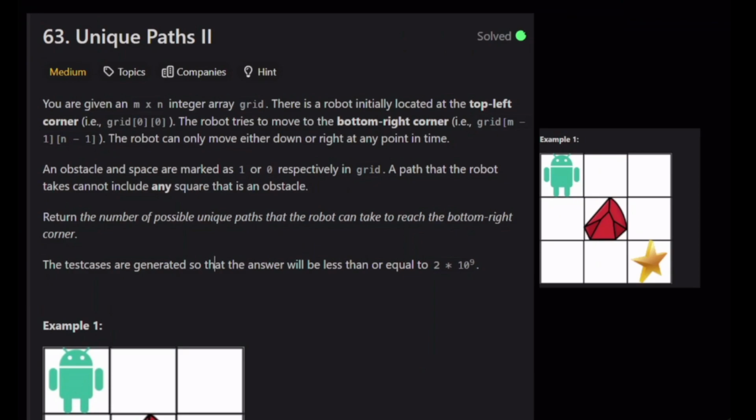And we are also given an obstacle, as shown in the diagram in the middle of the grid, and the robot cannot go towards this square. So our job is to calculate the number of possible unique paths that the robot can take to reach the bottom right corner. So if you look at the given example, the answer is 2, because the robot can go